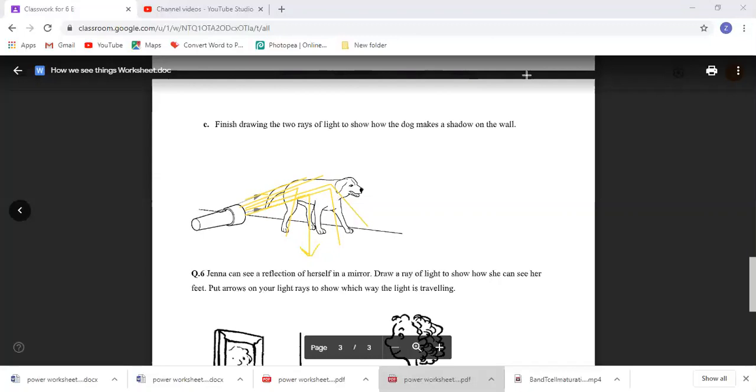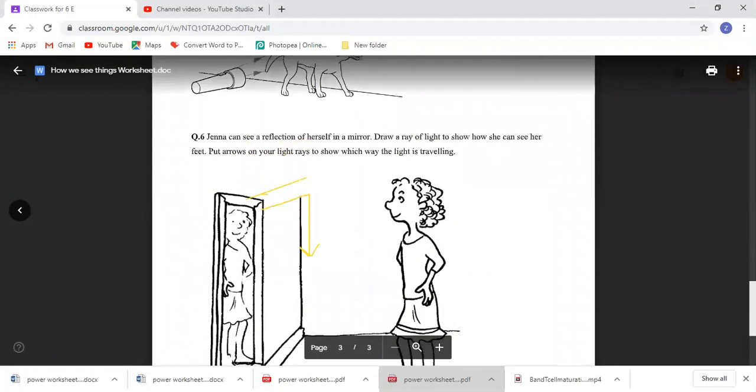So you just were supposed to make these two lines. So you should make sure that only the straight line basically is extended from each of these arrows. So when this straight line is extended, there's a dog body, so it gets reflected. When this straight line is extended, it is able to reach the screen. That is why the shadow that is formed is basically of the shape of the object. Okay, now